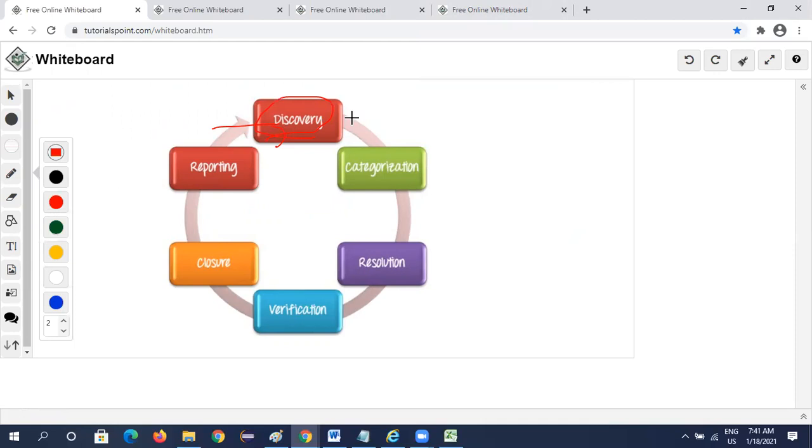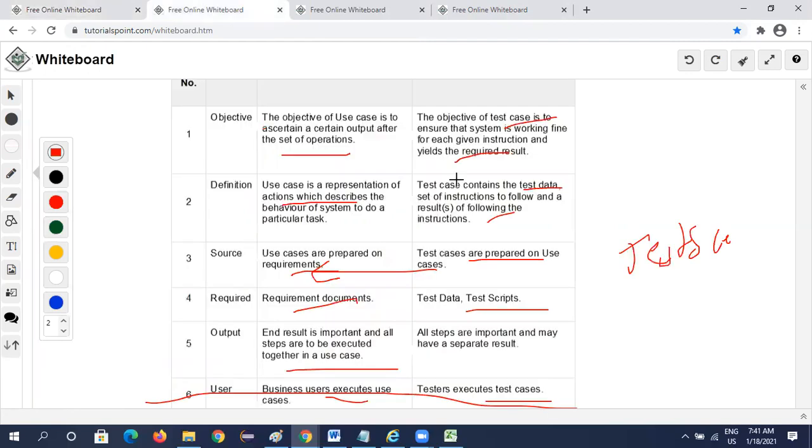Categorization means you can divide, which category, which module this comes under, like that. Categorization means when we have identified a defect, we say it is an important defect or not an important defect.